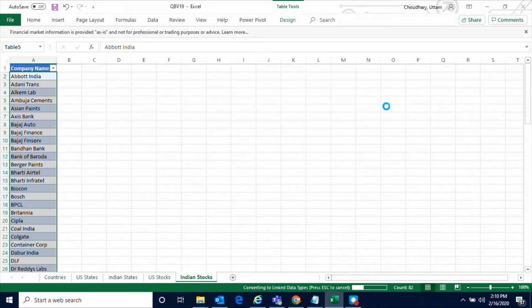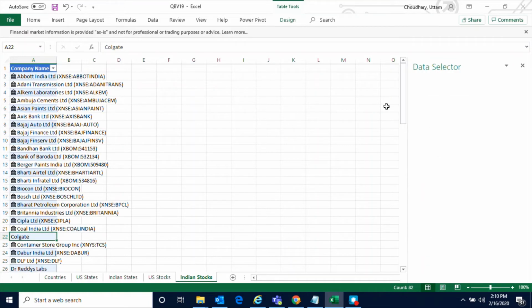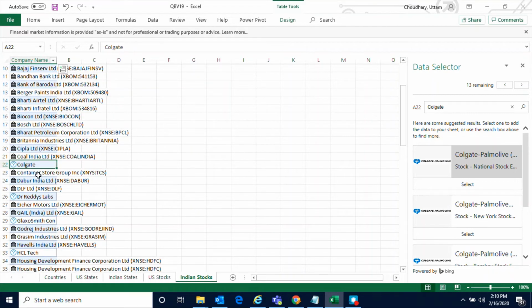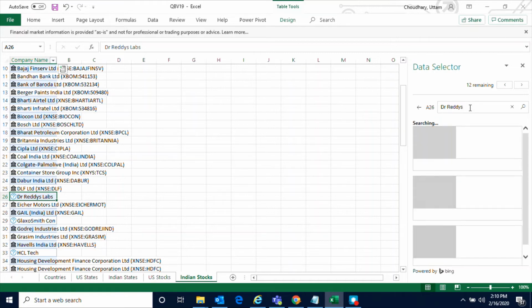And as soon as I'm doing this, now see, it is trying to identify, saying, hey, this is Colgate, but I have found the right name as Colgate Palmolive. So I would go ahead and select this. It's trying, so okay, it is saying Dr. Reddy's Lab, it is not able to figure out, but if I say Dr. Reddy's,